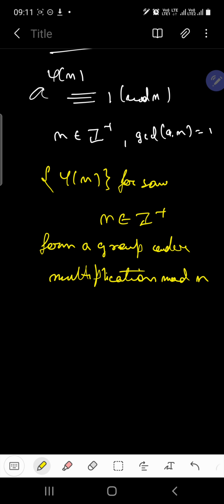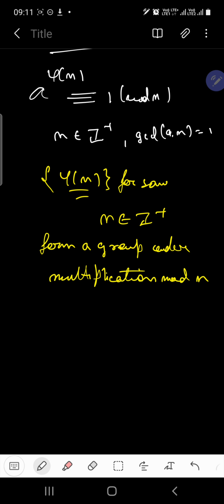See, the identity will actually exist as 1. Clear? Closure property, you can prove it yourself, that is, if GCD of A and N is 1, GCD of B and N is 1, then you can easily get an element AB such that GCD of AB and N will also be 1, because phi n consists of elements which are co-prime to N and below N, right? So in this way you can prove the closure property, the identity existence. You can also prove the inverse property also.